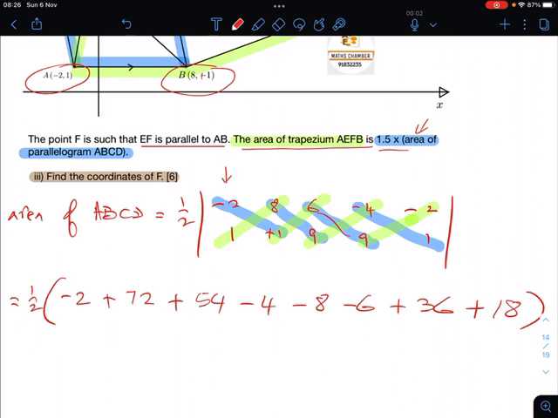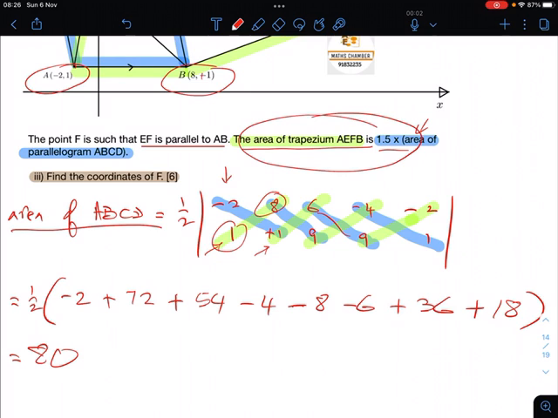Because the green ones, you minus off, correct? That's why 8 times 1, so it's 8, then minus negative, multiply by negative 1. All together we have 80. Right, done deal. Now this is the area of ABCD, and we are told that the area of the trapezium is 1.5 times,